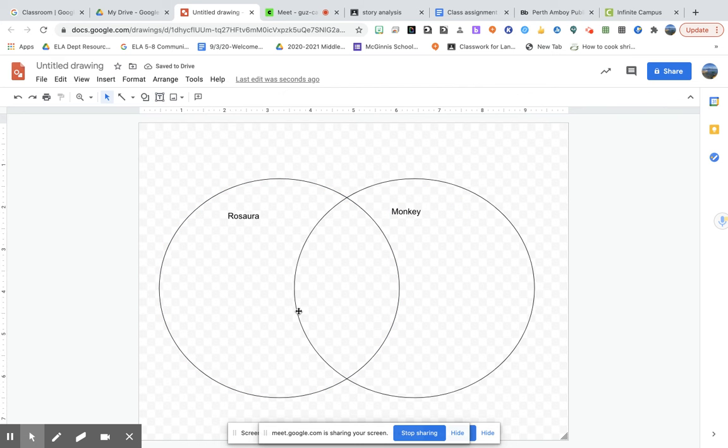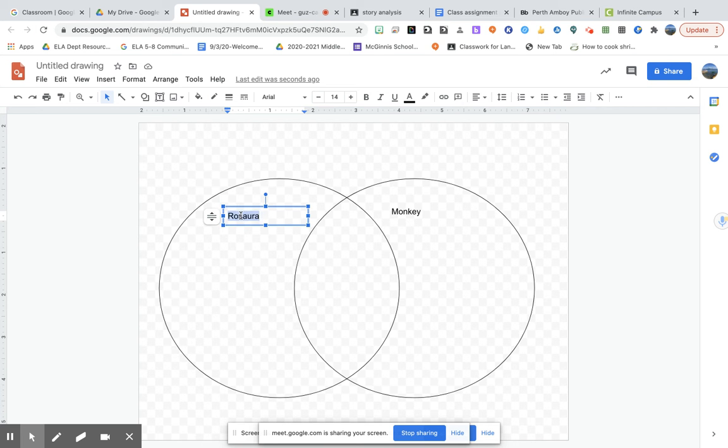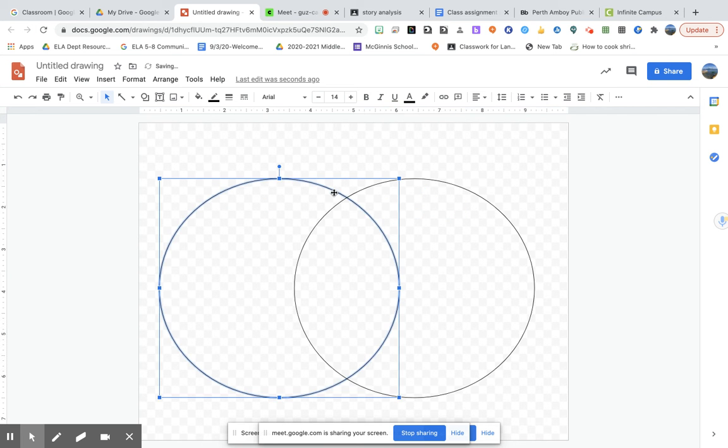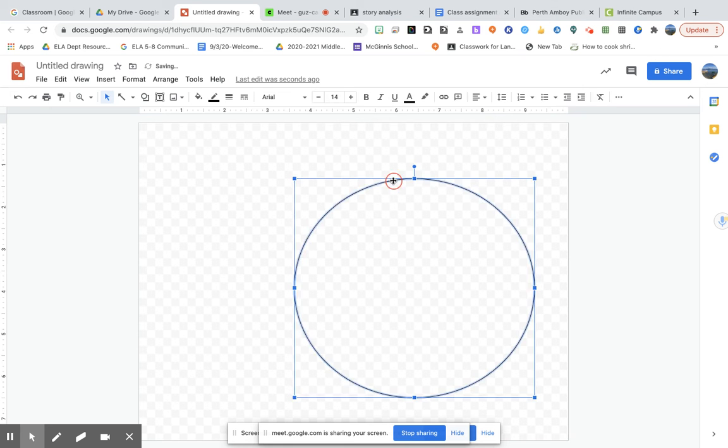Right. And then I can put how these are similar and how they're different. Okay, and then obviously the things in the middle will be how they're different. Another tool that Google Draw has, and I'm just deleting this stuff,